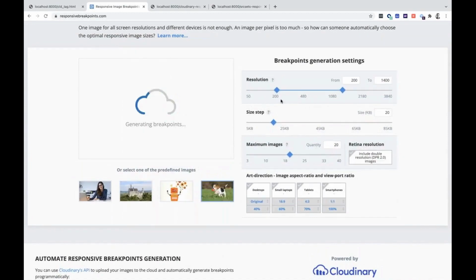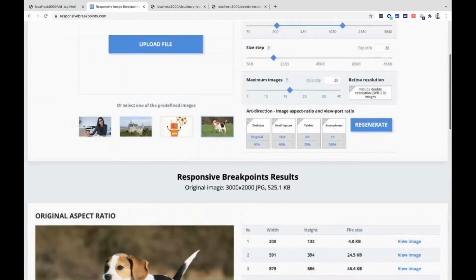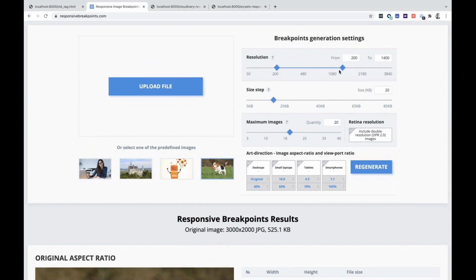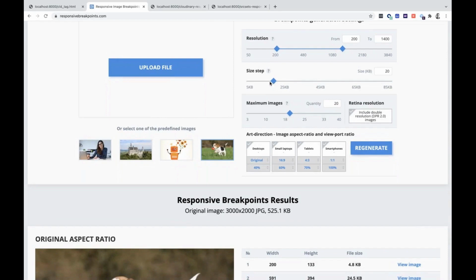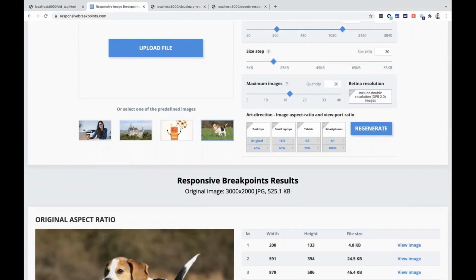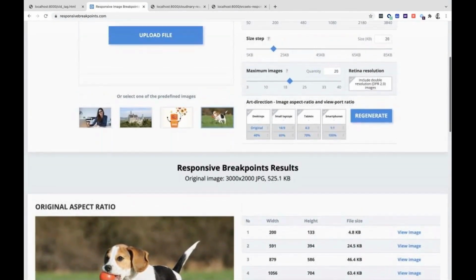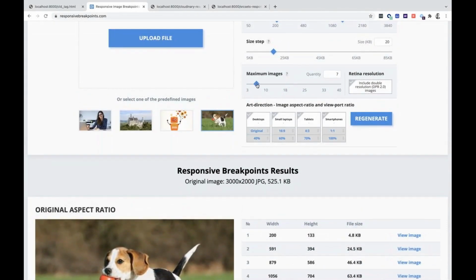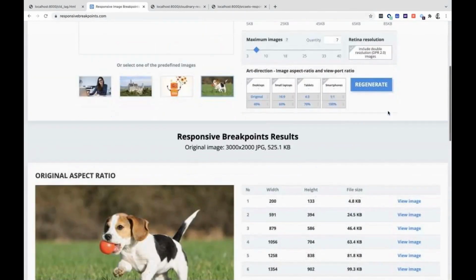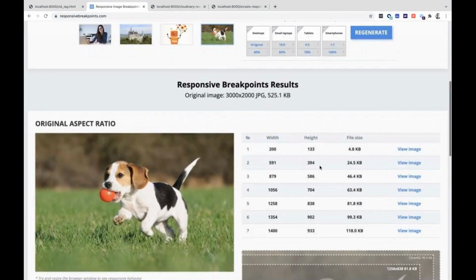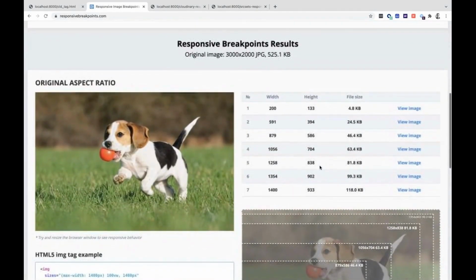And for this dog image here, the resolution that I'm seeking is between 200 and 2080. The incremental step across the resolutions is somewhere here, 20 kilobytes. And the maximum number of images that I want generated is 20, right? Obviously, this is a lot. I can change this down to 7, for example, and hit regenerate. But let's say I were to say 20, okay, so this already has an example here for 7 images. So in this case,